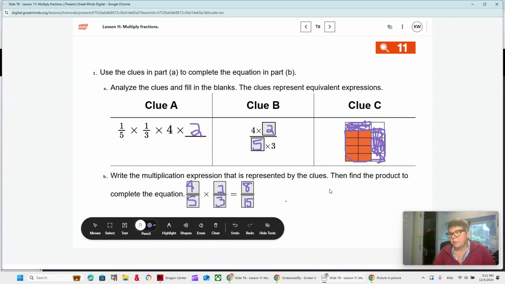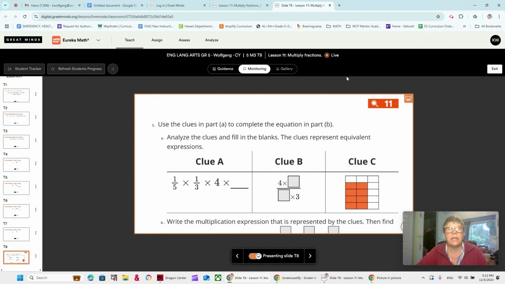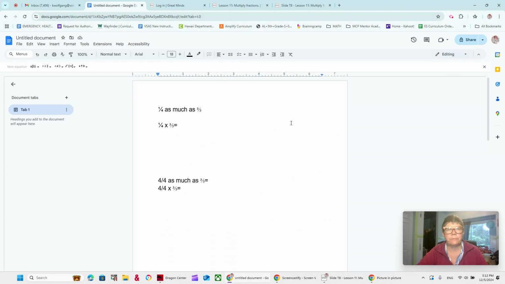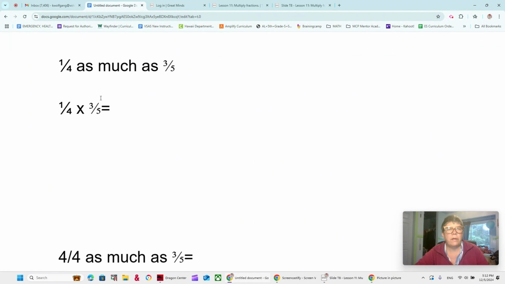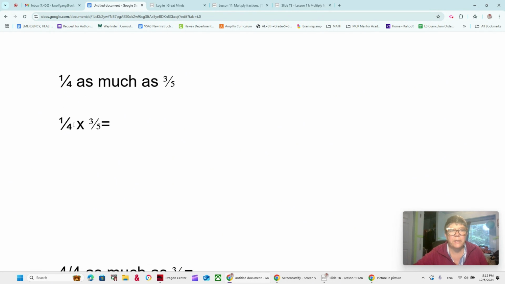We're today going to be multiplying fractions and reasoning about the size of the product. So we've been talking about this for a little while. We're reasoning, we're thinking, well, what does that fraction mean as far as the size? Okay. And we're going to be looking at a couple of fractions right here. You can see, I'll make it a little bit bigger for you. 1/4 as much as 3/5. Well, 1/4 as much means 1/4 times 3/5, right? It's just the same as if you said